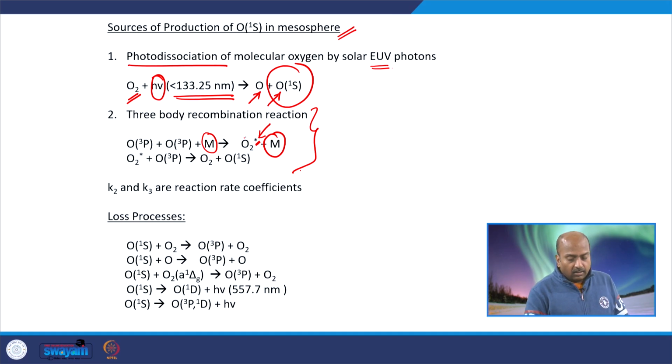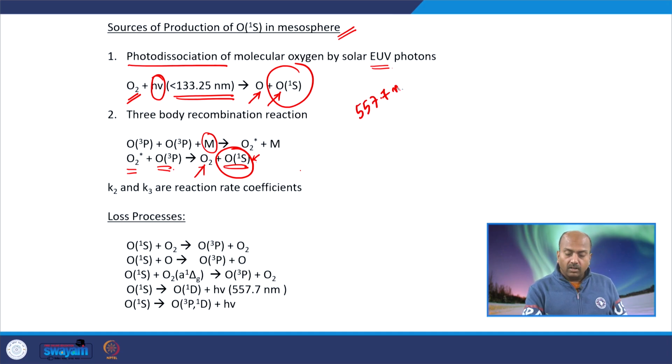And then this excited molecule will again collide or interact with a ground state oxygen and produce neutral oxygen, of course. And then, conserving this, you will find out that one more oxygen atom is now in the excited state singlet S, which is actually what we need, because once we populate oxygen into this state, subsequent de-excitation will only give you 557.7 nanometer emission. So it is natural that we are looking at only those processes which are guaranteeing the oxygen airglow, or which are guaranteeing the oxygen being excited into singlet S. Right. Now,